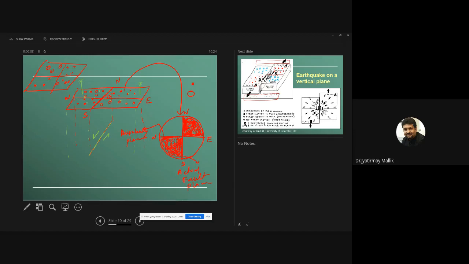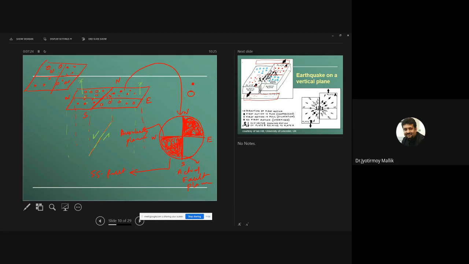Okay, so I don't know whether it's a strike slip motion that has happened beneath. I don't know whether it is a normal motion that has happened beneath. Neither do I know whether it is a thrust fault that has happened beneath. What I am observing is only the first motion on the seismometers, right? And then I divide them into quadrants, plot those lines as planes in a stereographic projection, and that tells me that if I observe this sort of beach ball diagram, I will infer that this earthquake was caused by a strike slip fault.